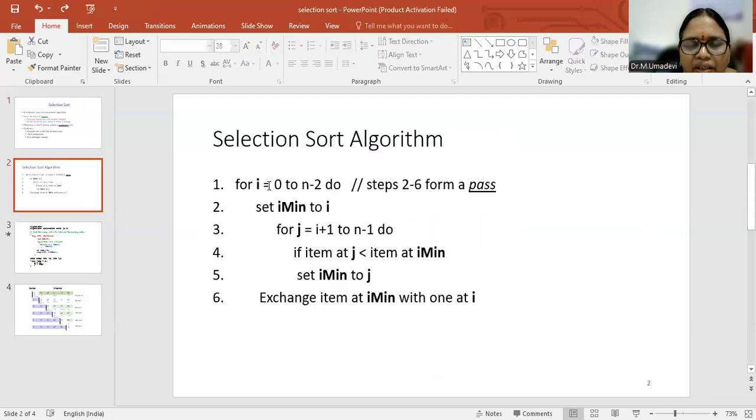We have an array with elements 0 to n minus 1. So you have to sort the elements 0 to n minus 2. So the first for loop is 0 to n minus 2. The position you want to fill is i equal to 0. Set this as i minimum. Now compare the value at i minimum with the next elements. Next means j equal to i plus 1 to n minus 1. So if any item at the next index is less than the item at minimum, we have to update the